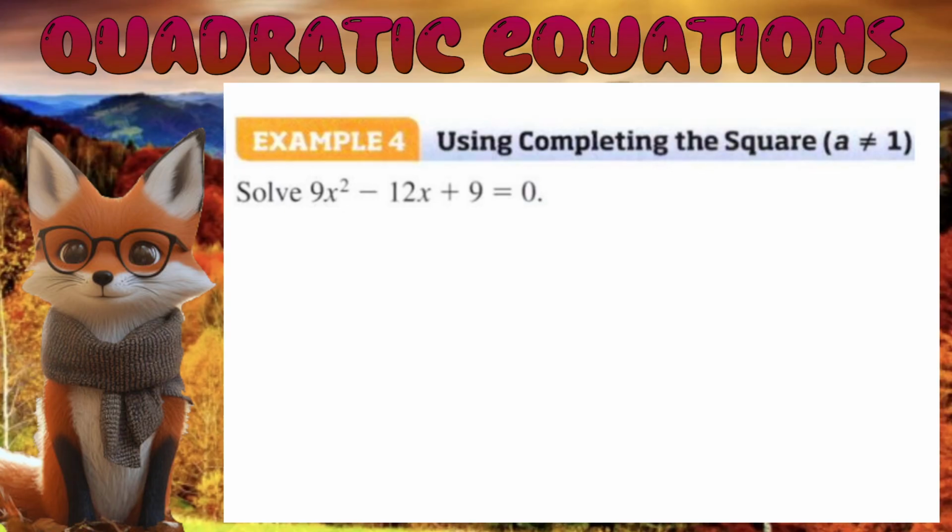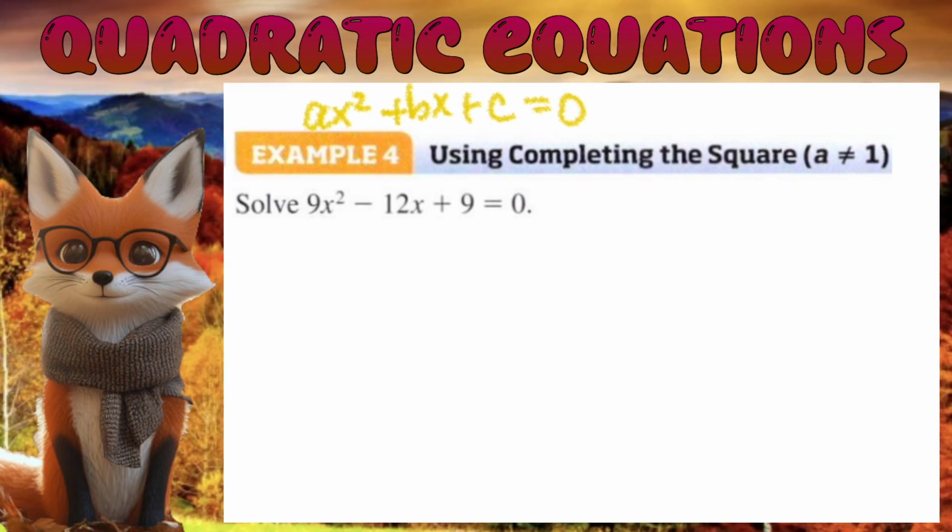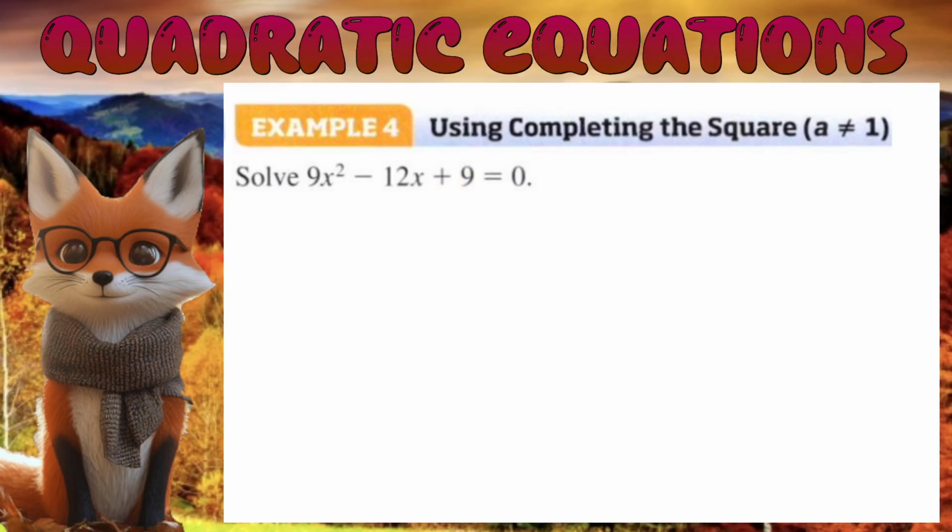All right. So a does not equal 1. Can you see that this is right here, ax squared plus bx plus c equals 0, right? a is indeed not equal to 1. There it is. So what am I going to do? Not only is this going to require us to bring this 9 over and divide by the other 9, this also will lead to our b value being a fraction. That's okay. You won't die. You'll be okay, right? It's not the end of the world. But before we do that,